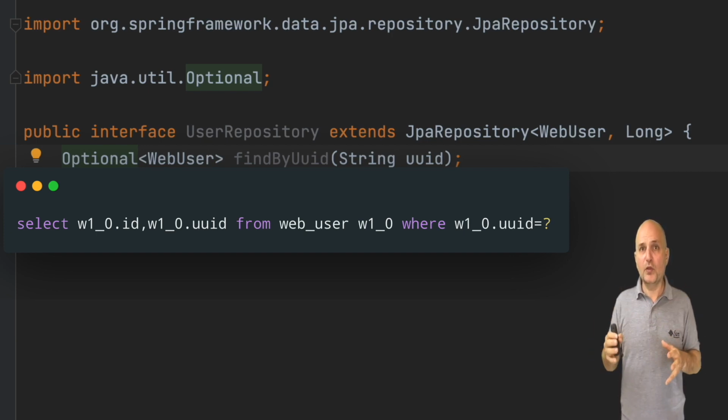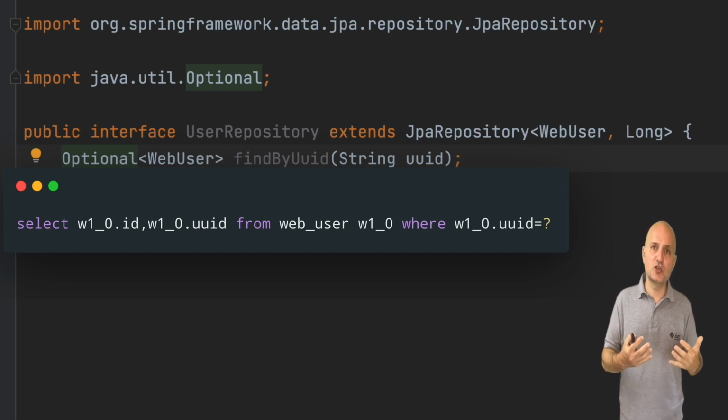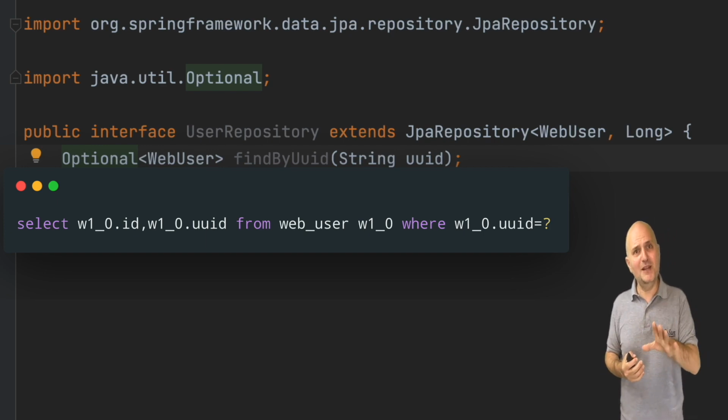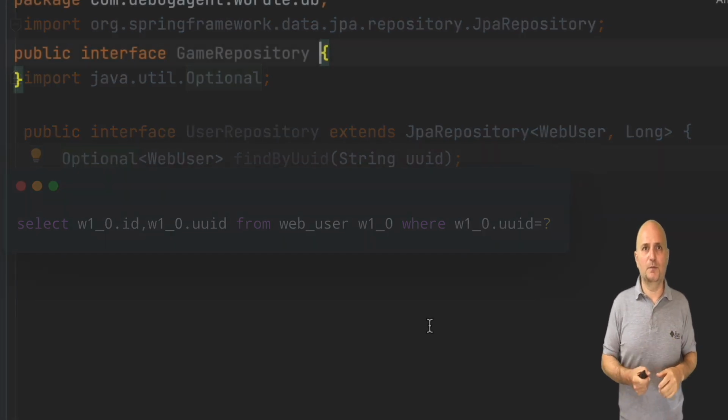We will invoke that method and it will run the SQL, then provide us with a user object as a result. Notice that the result is an optional object. Optional is a Java class that lets us indicate that an object can be missing, a bit like null, but also more expressive than null. We will get to it in a little bit.